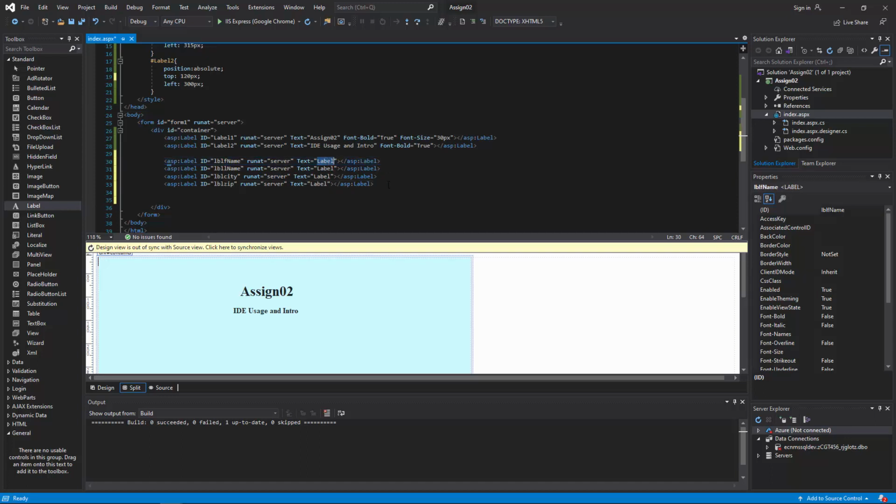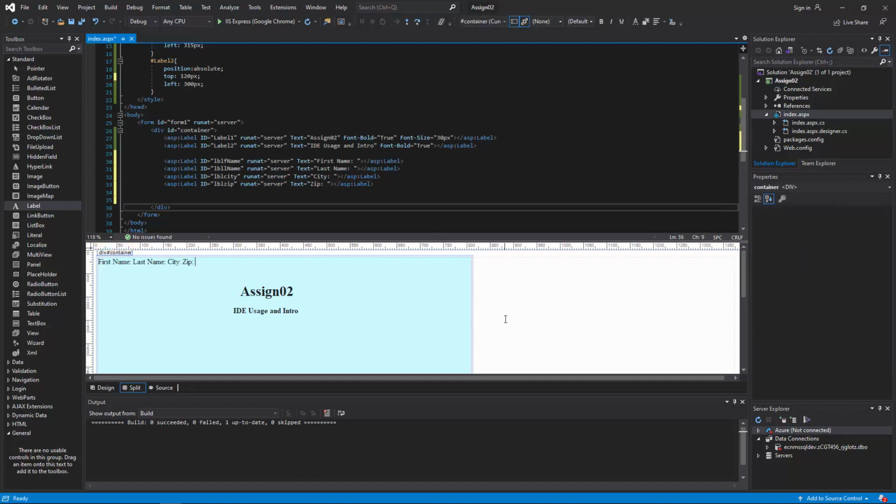And the text we're going to change. So what displays on the screen, we're going to change. This will be a first name. And again, these are just textual labels that you're going to see next to each of the text boxes. There's our last name, and then city, and then zip, and then come down here and click, and you will see those 4 items there lined up. Again, you're not able to move them until